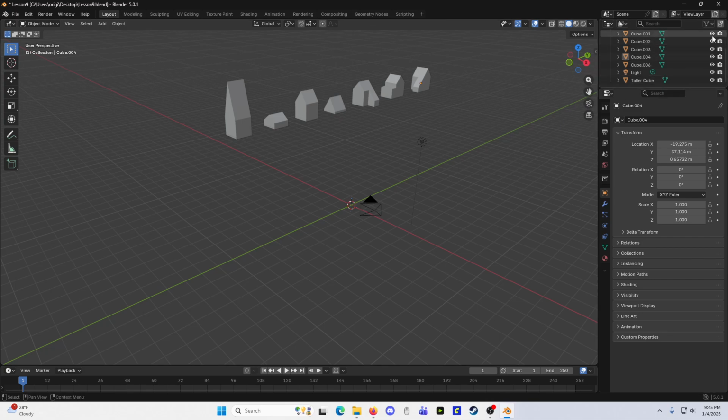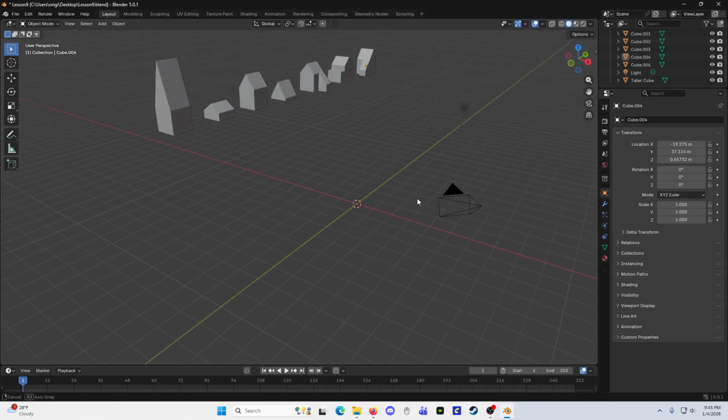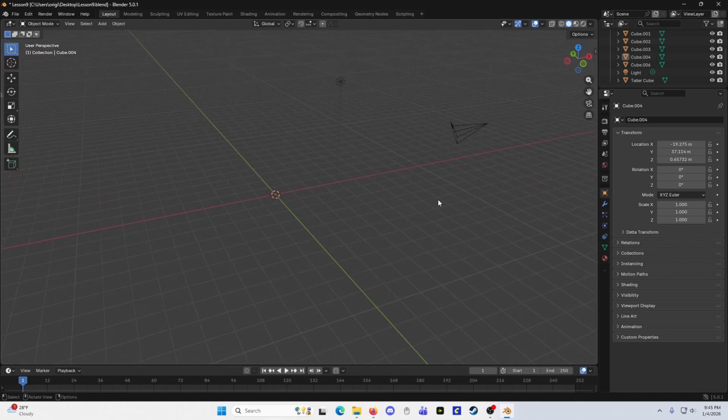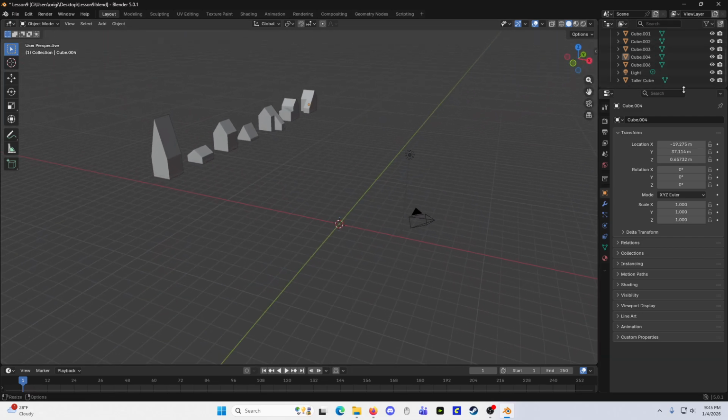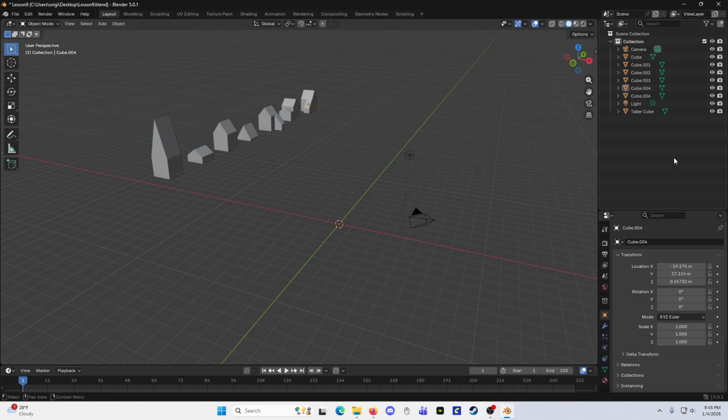And then remember hiding the objects here, or hiding it in the render there. Okay, so he wants us to put this all into a collection, basically like a folder. So it's gonna be right click, new collection,